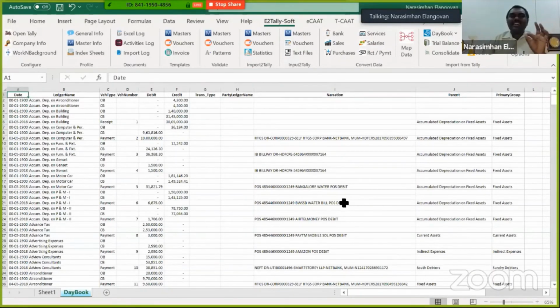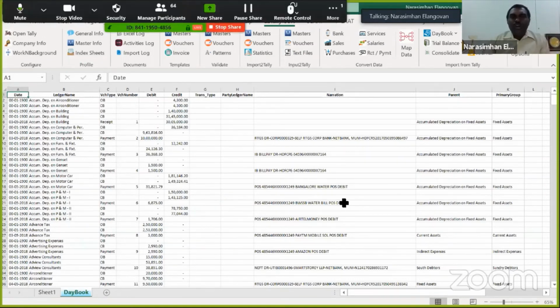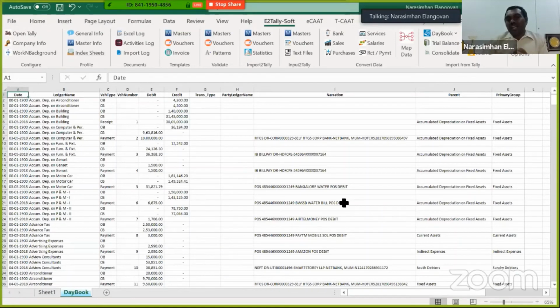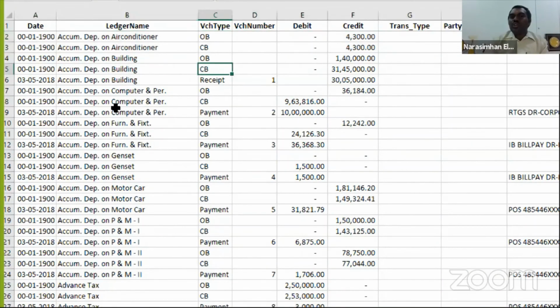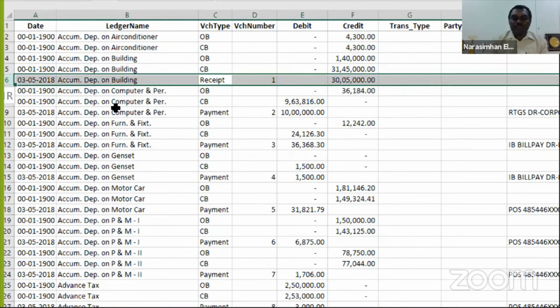I just click open, export everything from Tally. In a span of 2 minutes, my entire daybook comes. Now, based upon the format of the daybook, they have developed a macro which will push everything into the format, and consolidation becomes so quick. Correct? So these are examples. Now, as variances, you can choose not to select the opening balance and closing balance. You can choose only the transactions, then only these will appear.